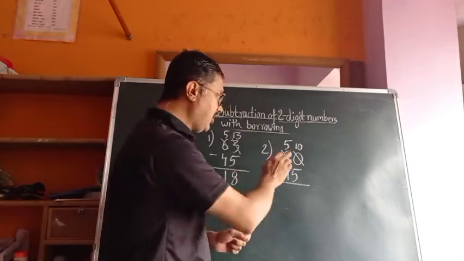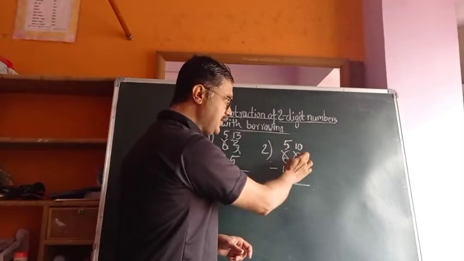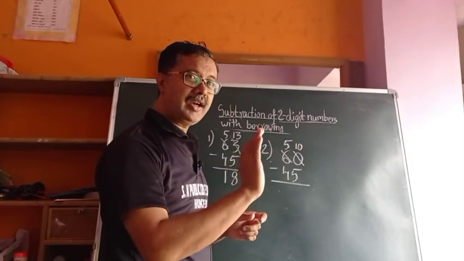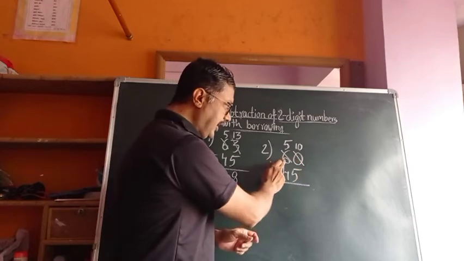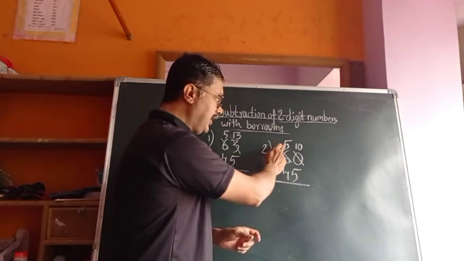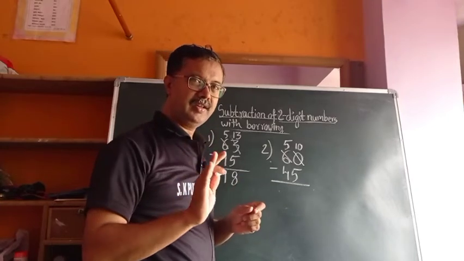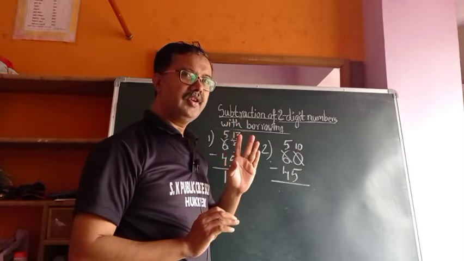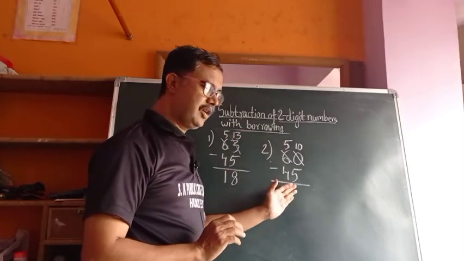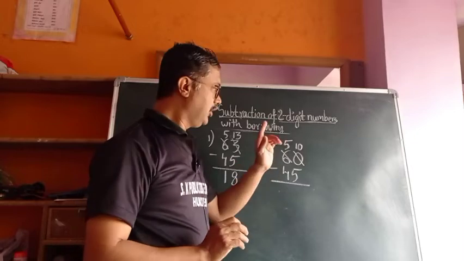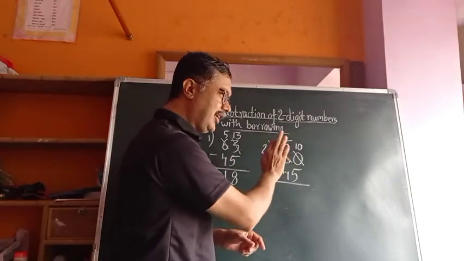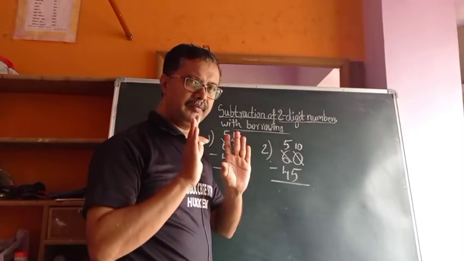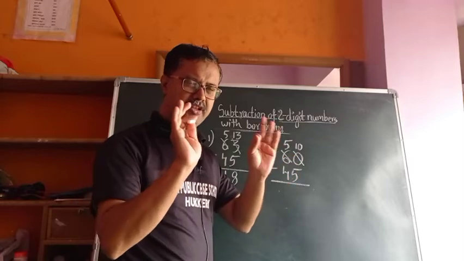Some students are not writing this one. They are applying the borrow system here, they are writing the new number here upside, but they do not strike out the next number and they are not writing the new number. Minus 1 they are not doing. That's why the answer will become wrong. Please remember, whenever you strike out one number, at that time the next number also you have to strike out and write a new number. That is the simple thing. Always you have to remember that.